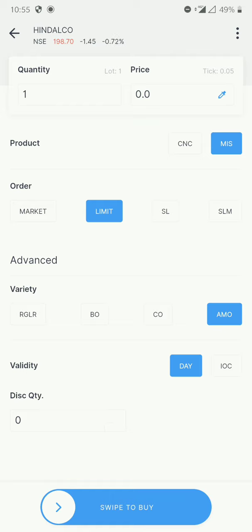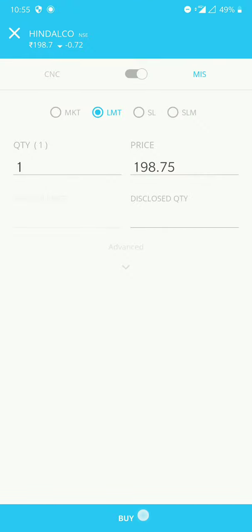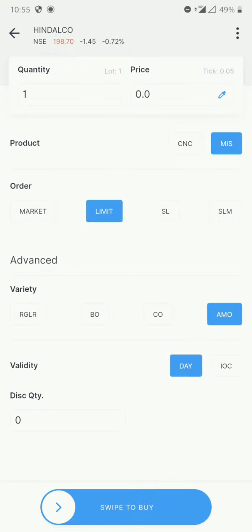And one thing that I've seen here is, here we used to click a buy over here. So by mistake, sometimes someone used to click buy or exit and the stock used to get exited, because it's a touchscreen phone, right, nowadays. So now I see a very good thing, that you need to swipe. So only if you swipe, by mistake if you touch, nothing happens. So if you swipe and finish, the order goes to the market. So that is one good thing which I liked about this button.